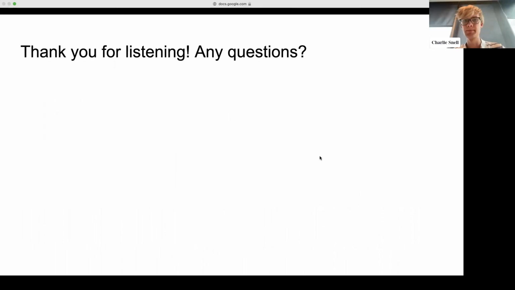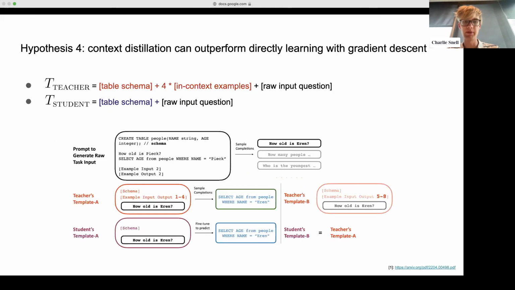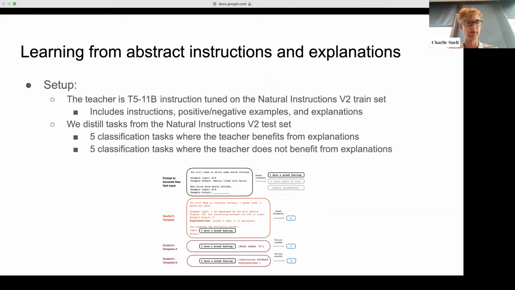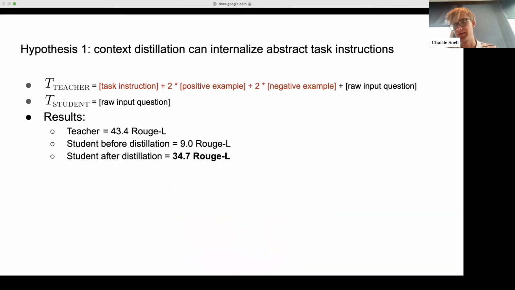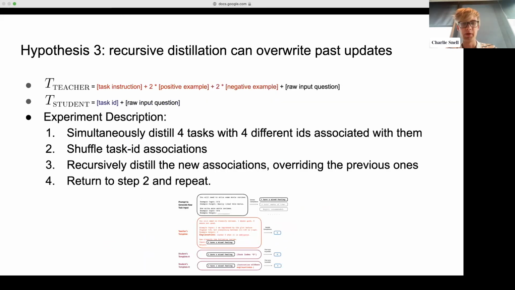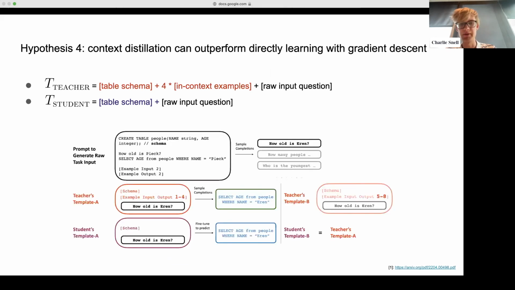Sounds good. A general question I have is, when shouldn't you use context distillation? So I would say, part of it will be an empirical question. In a lot of the things we tested, there's not really good methods for learning from natural language explanations, for example. I think context distillation might be one of the few candidates there. For learning from step-by-step reasoning, I guess you could fine-tune it somehow. So maybe it's just an empirical question there.